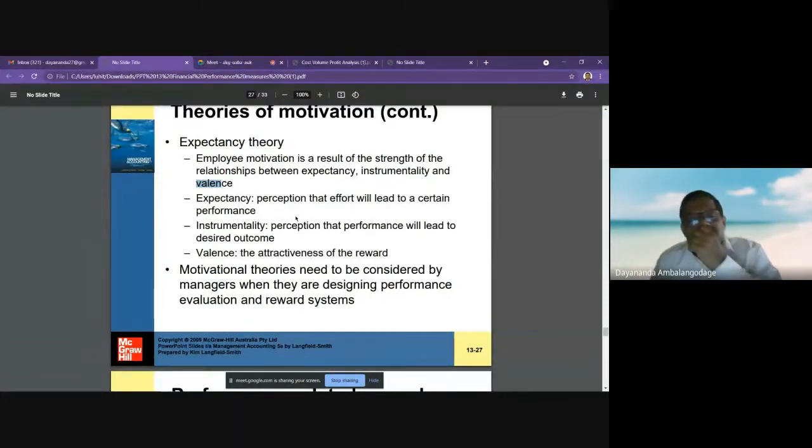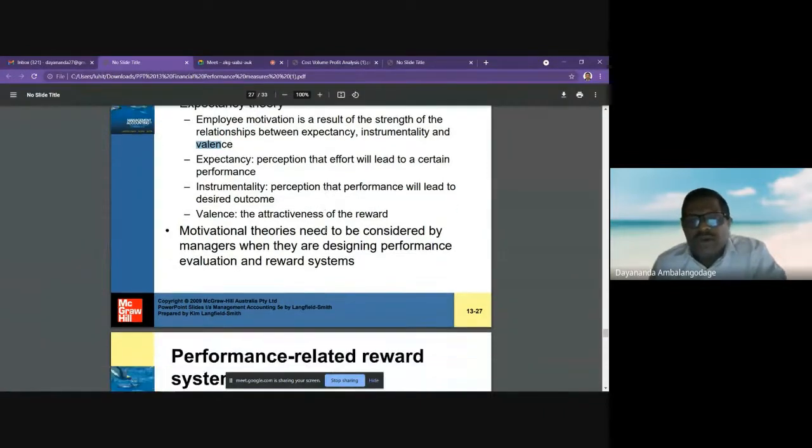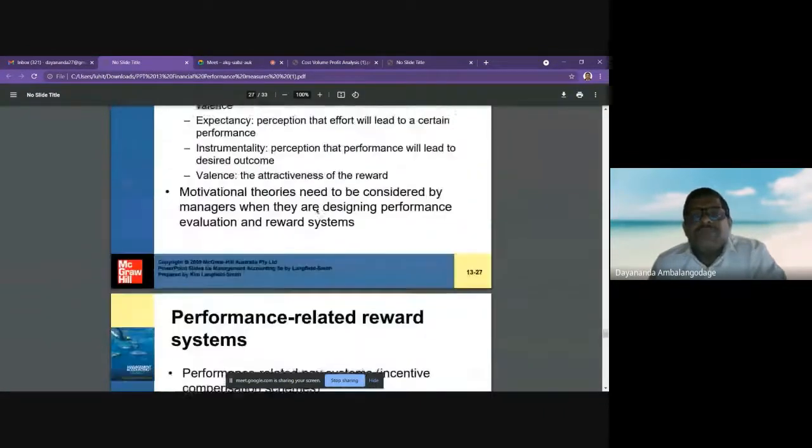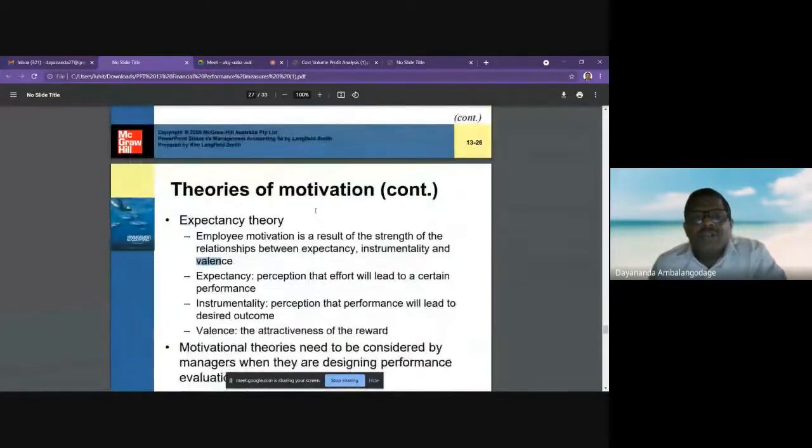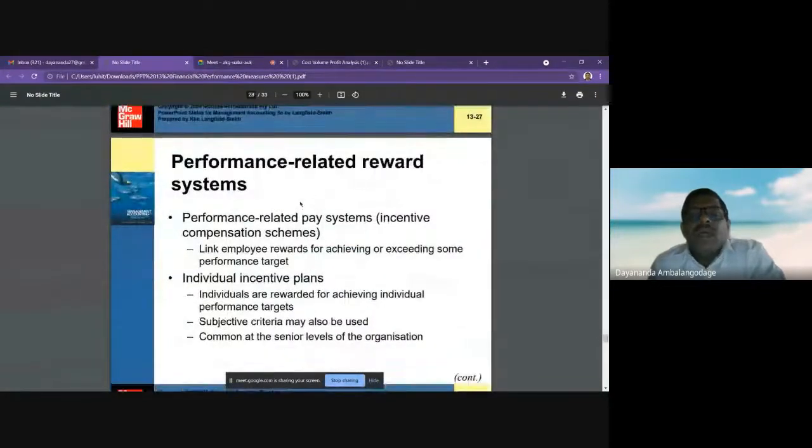So the rewarding system does not recognize those who take additional risk, those who do more work. So thereby, if you are rational, if you work in public sector, what is the logic? No work, no problem. That's the logic. Rational man. If you are not rational, you work more. That's why in most cases the private sector, from the rewarding and the motivation perspective, is the answer. Then the performance-related reward system, performance-related payment system, incentive compensation system, link employee rewards for achieving and